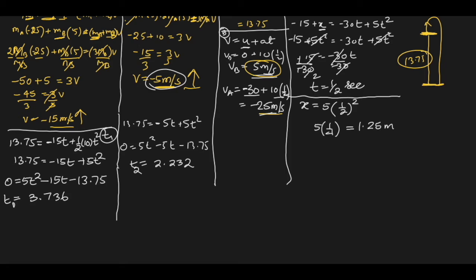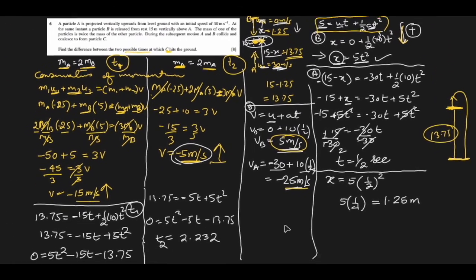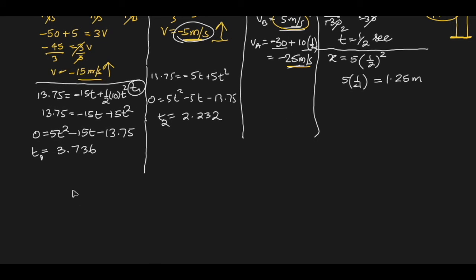And if we go back to the question, it says find the difference between the two possible times. These are the two possible times. We have to find the difference between them. So the difference between two possible times is